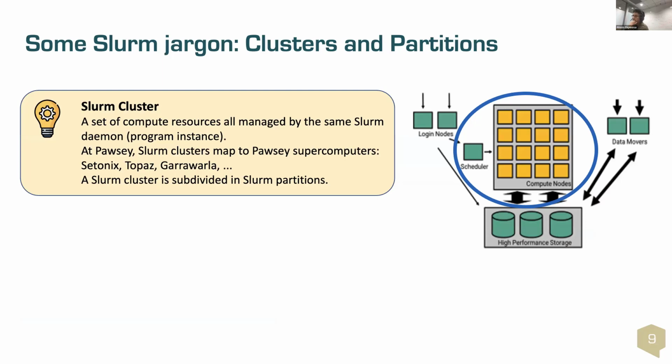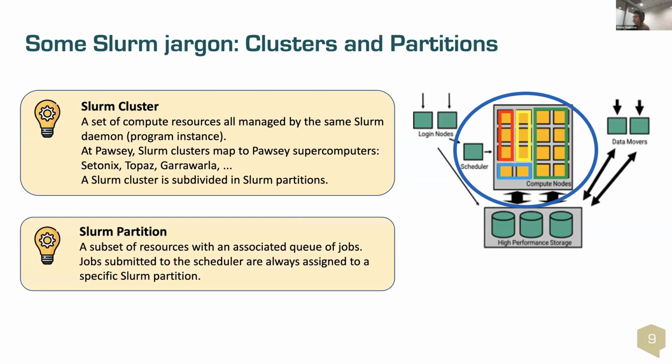So, jargon in Slurm. The Slurm cluster is the supercomputer. In this case, we used to have many small supercomputers, but now we only have Setonix and Garawala. Topaz is not here anymore. Setonix is a cluster, and Garawala is another cluster. Now the partition